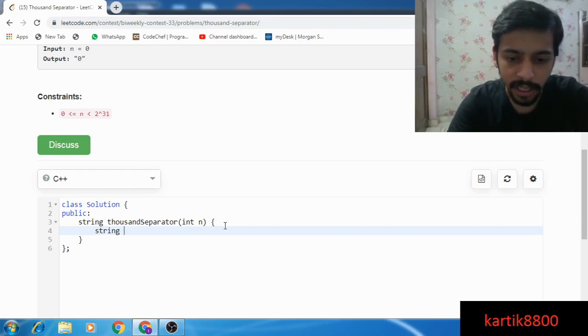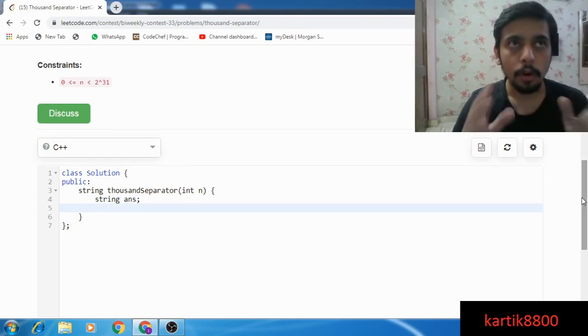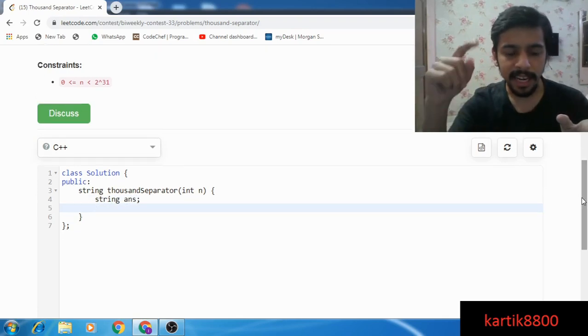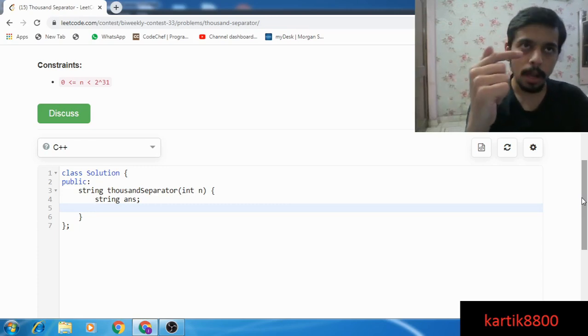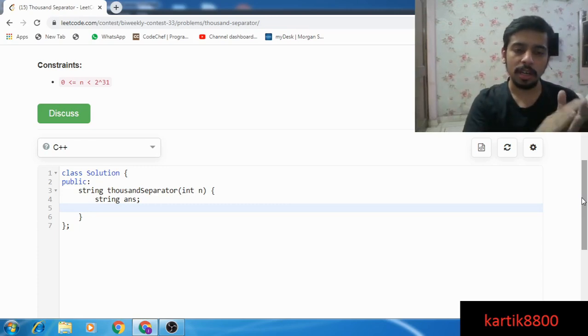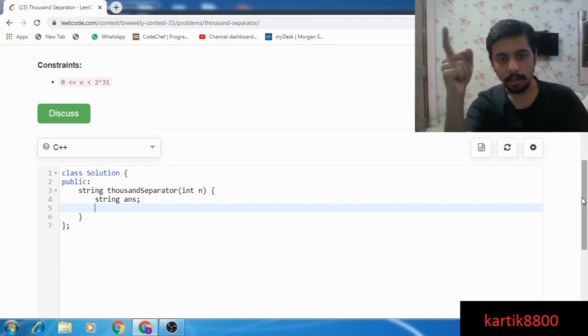So let's say string answer for now, and from n I can extract the rightmost digit. If I extract the rightmost digit, I could put it in my answer string, but then I'm actually constructing the answer in reverse order, right? Because if it's 987, I extract 7, I put it in answer, it becomes 789.